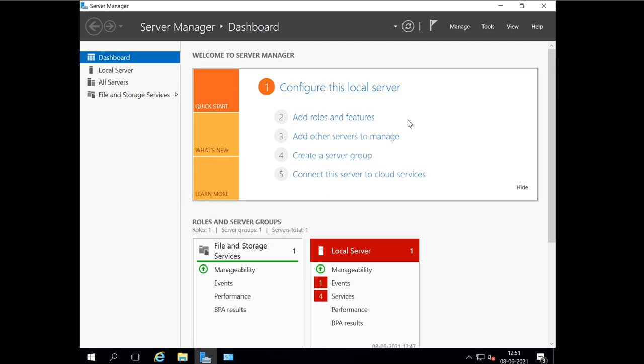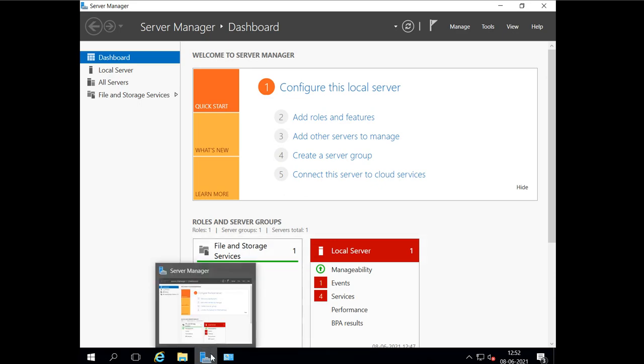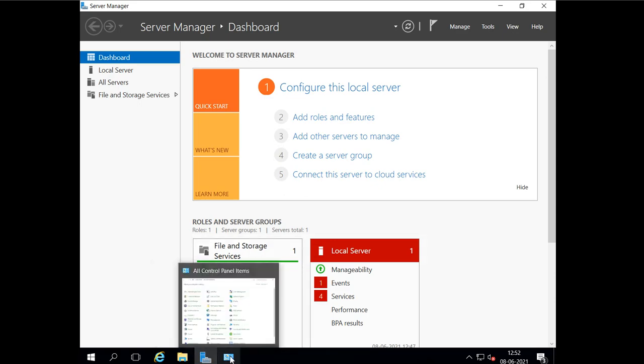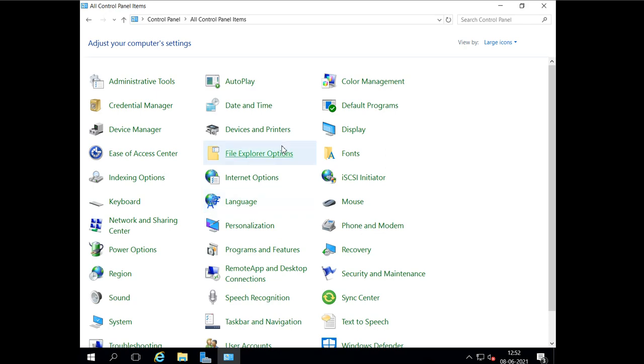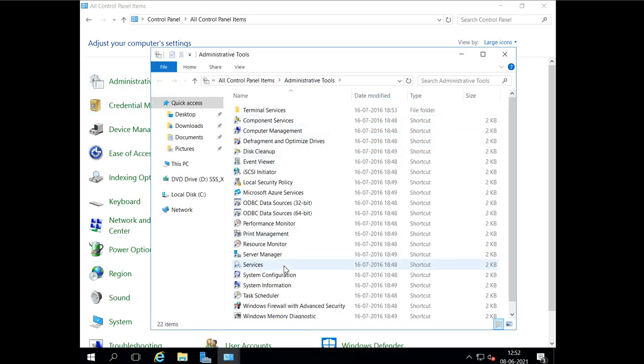In this server manager we have the option to manage everything from here, and if you want to manage it separately, the tools are also available separately in control panel, in administrative tools.